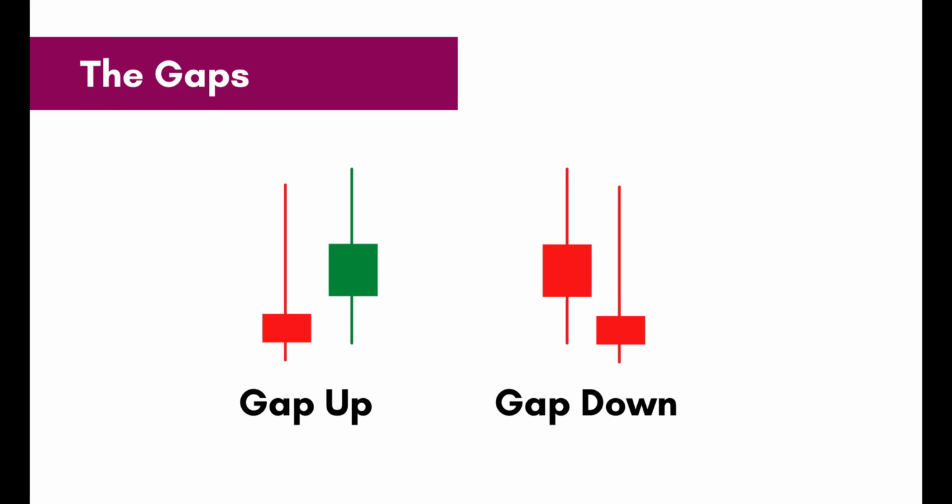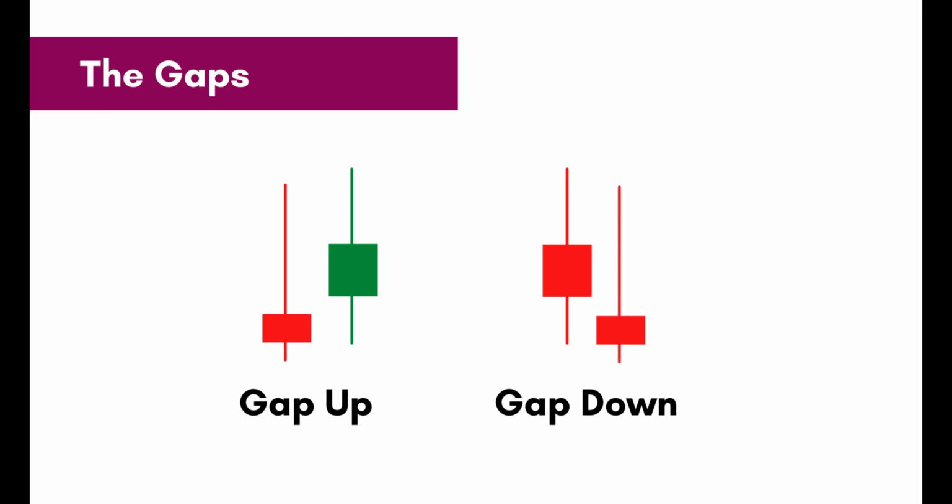The gaps appear on daily chart when the stock closes at one price but opens on next day at a very different price. Well, it is of two types as you can see in the slide, a gap up and a gap down. A gap up indicates the bullish sentiments, which means that the open price on second candle is way higher than first candle's opening and closing price. This gets more clear when you comprehend it keeping in mind the picture on your screen.